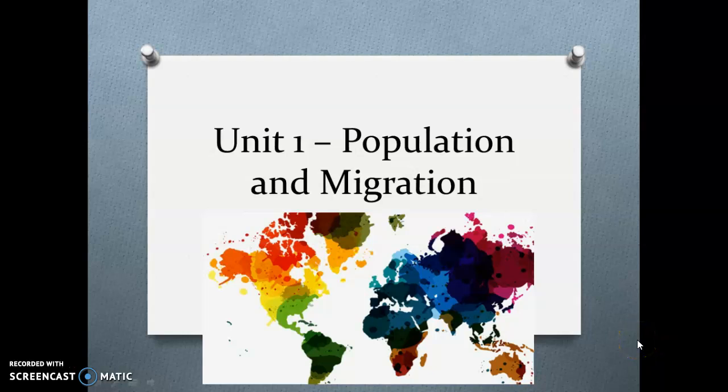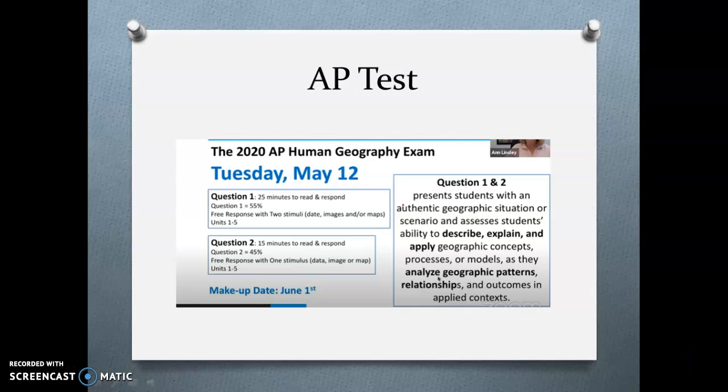All right, welcome to our first AP review. We're going to start with the unit on population and migration. But first we're going to talk about the test itself. All right, as you guys know, you should have received an email about this from the AP people,